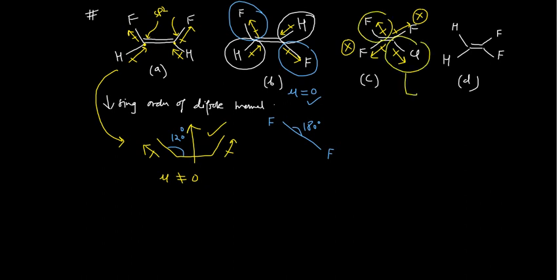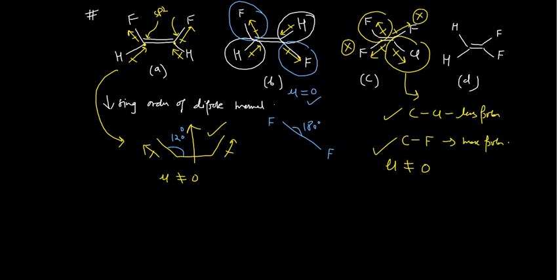But you know, carbon chlorine is less polar than your carbon fluorine. It is more polar. So what will happen? This CCl bond will partially cancel the bond moment of the CF bond. So this molecule will have some dipole moment, and that would be not equal to 0 actually.